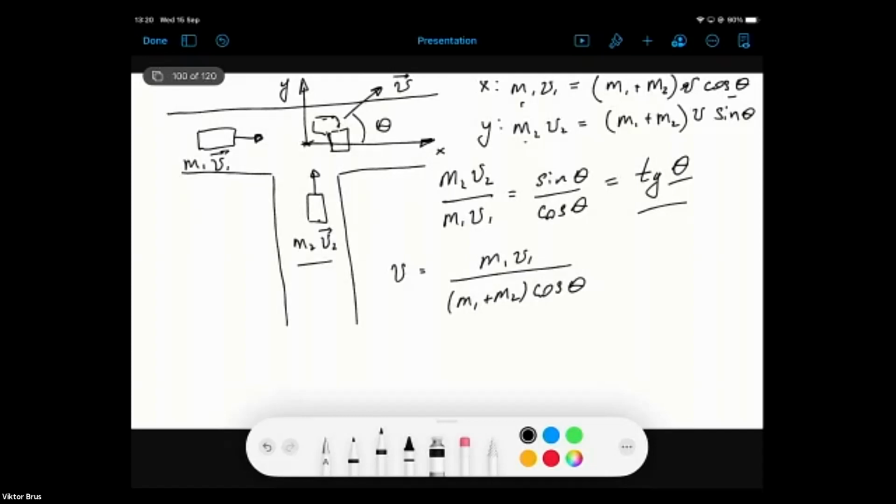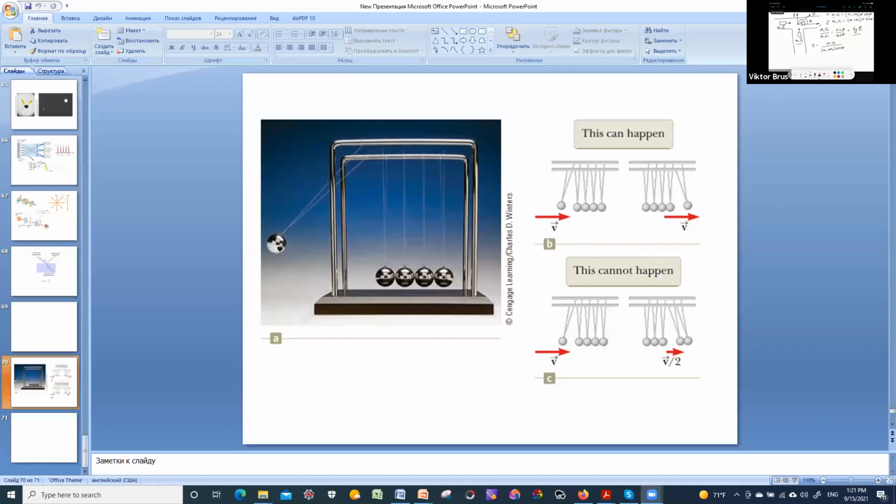Before we proceed further with the center of mass, I would like to show you one interesting example of collisions. Let me share my screen. Yeah, do you see my screen now? Yes. Okay, cool. So you see such a common, widely spread toy, which consists of some stainless steel hard balls,